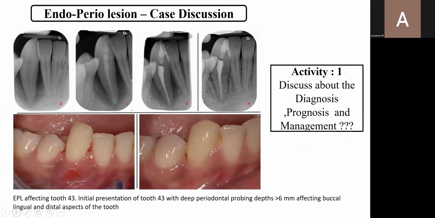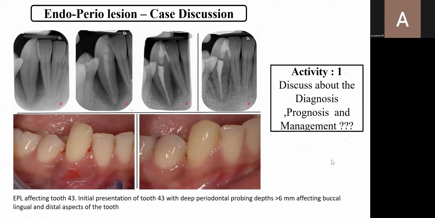This is an activity for you. Just check it. So this is an endoperio lesion affecting the tooth 4-3. The initial presentation of 4-3 with deep periodontal pockets greater than 6 mm, affecting the buccal, lingual, and distal aspect of the teeth. So, my dear students, just do a homework, discuss about the prognosis,